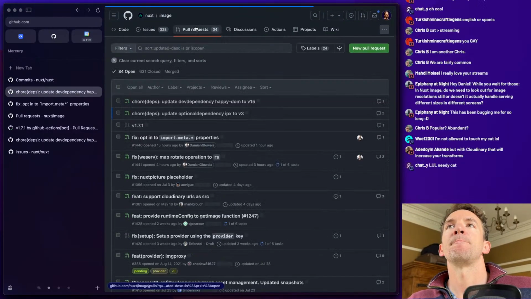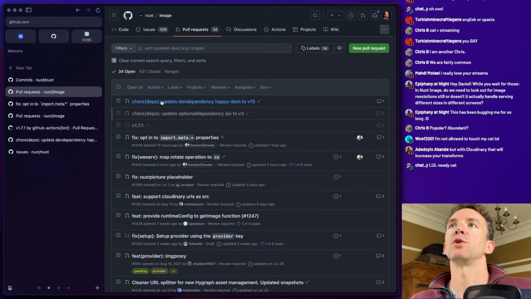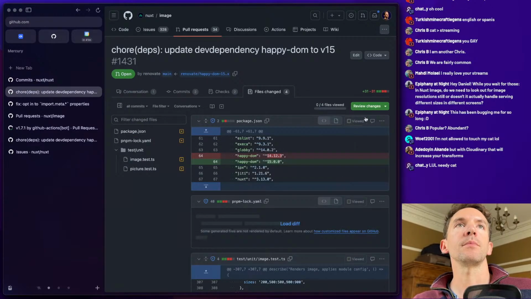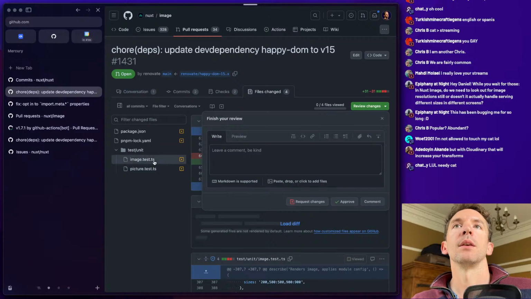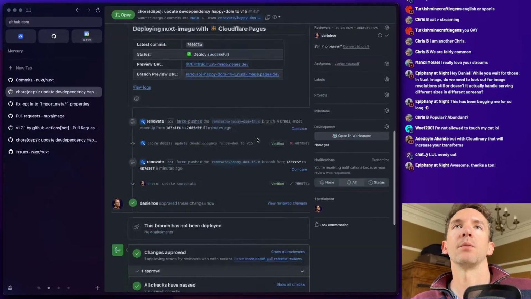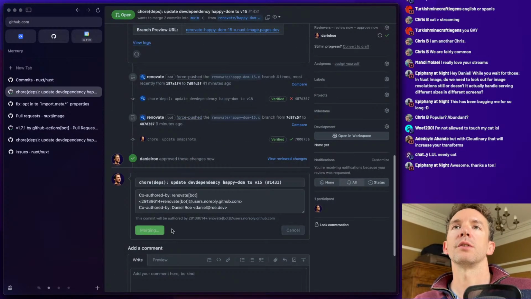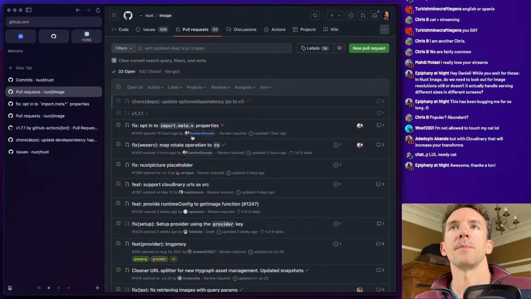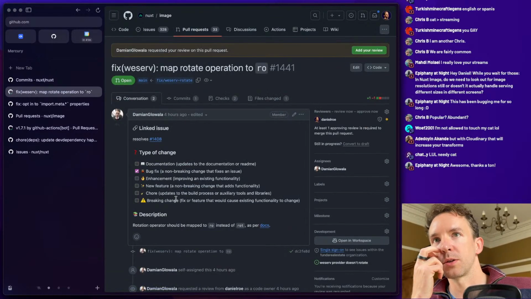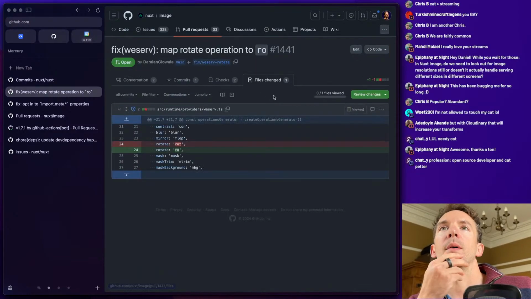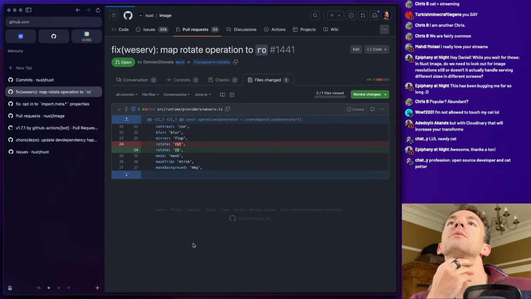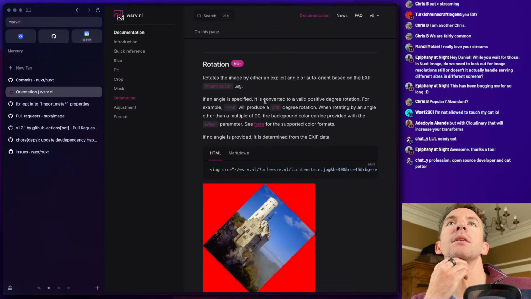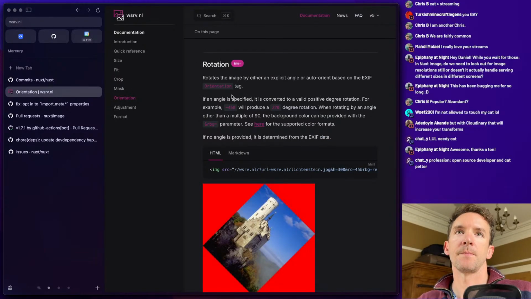Okay, great, we are good to go now that the snapshots have been updated here. And it is just swapping out AMP, so no other changes. It's not a big deal. And a few more things I think we can merge. So we've got the rotate. Okay, I trust Damien if he says the